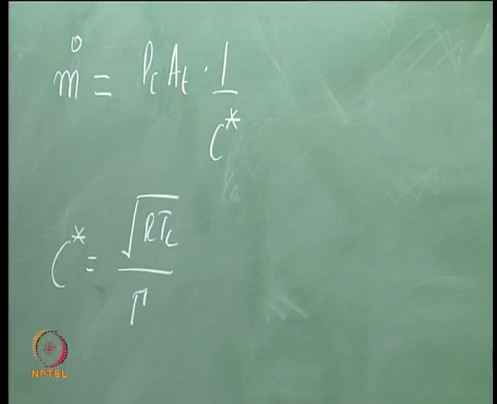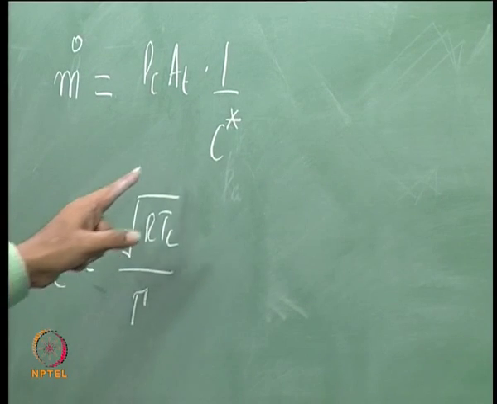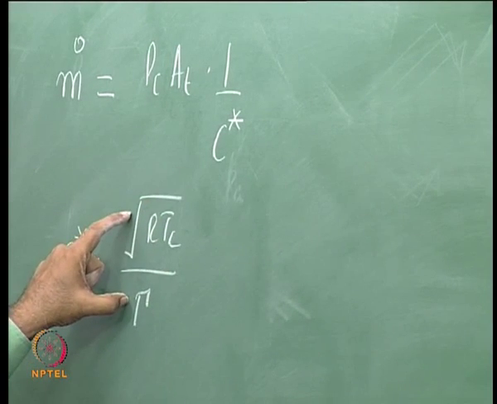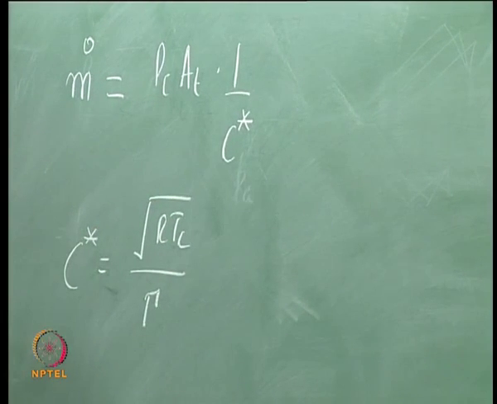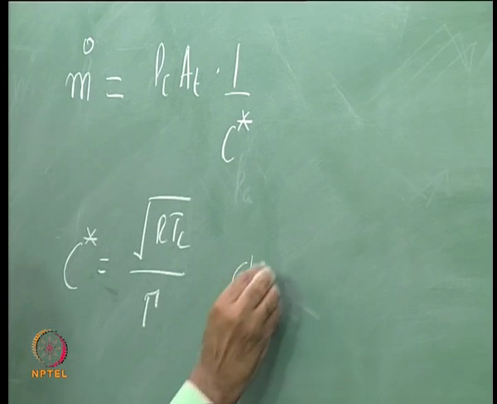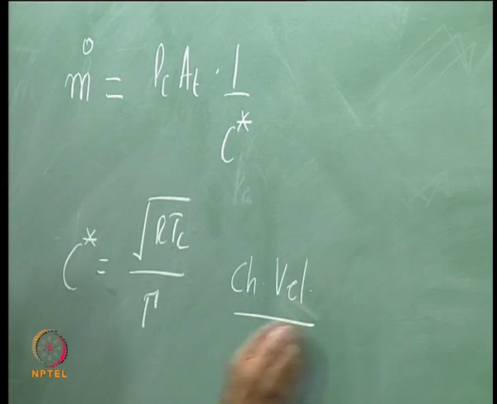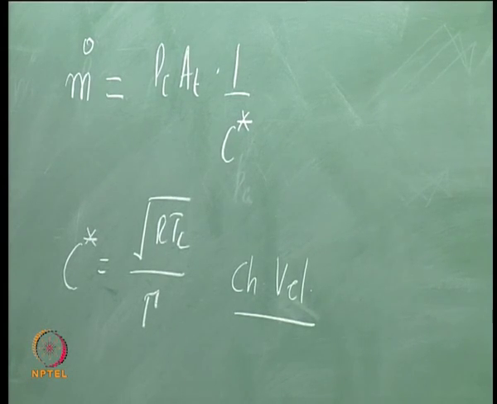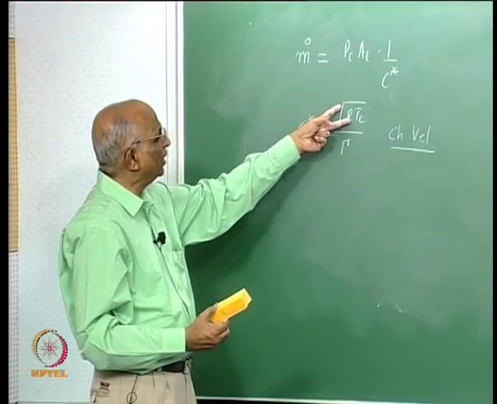What did I do? m dot is equal to PcAt divided by the value of under root RTC by Gamma, where this has unit of velocity and therefore I call it characteristic velocity. Is it all right? We are just defining something because you find that the unit is velocity, and therefore given